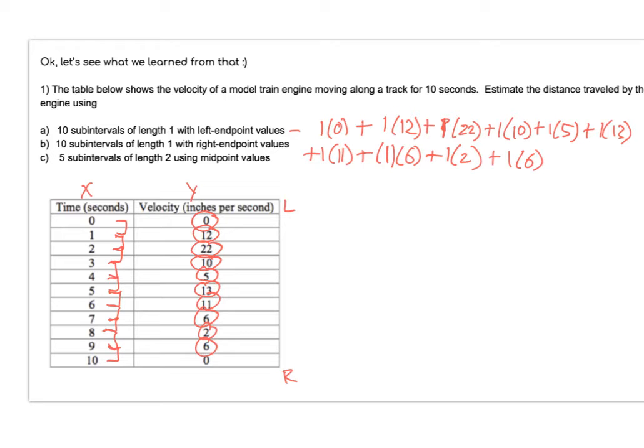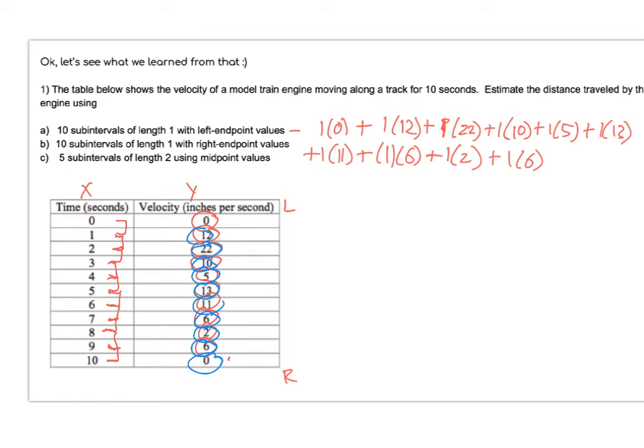One of the things that happens here is that when we're using left sums, we don't end up using that last point on the right. The same is going to be true when we use a right sum. We're not going to end up using that last point on the left. So coming from the right side, we're going to use 0, 6, 2, 6, 11, all the way up until